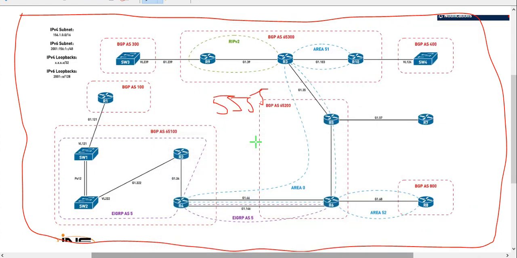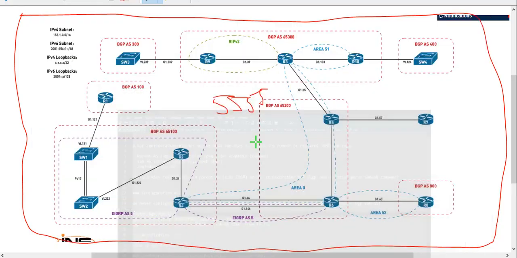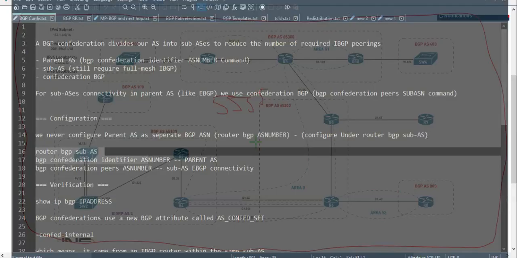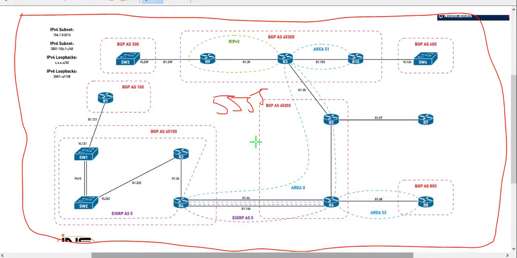All our devices have this command, and R4, R6, R3, and R5 all have the BGP confederation peers command too. This is like EBGP connectivity. And for IBGP